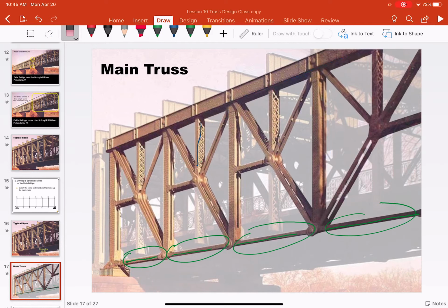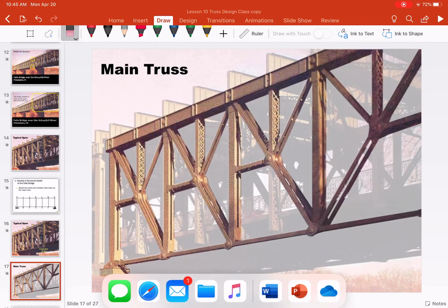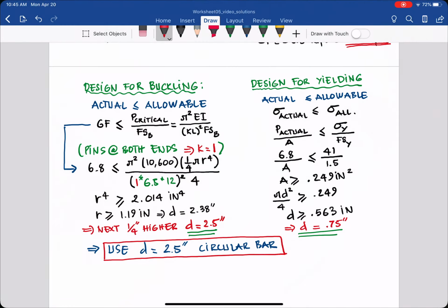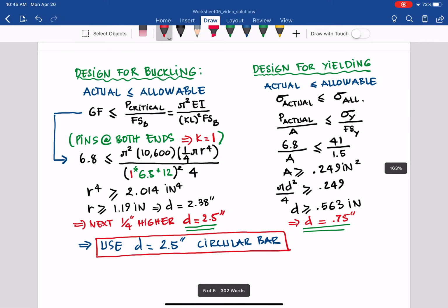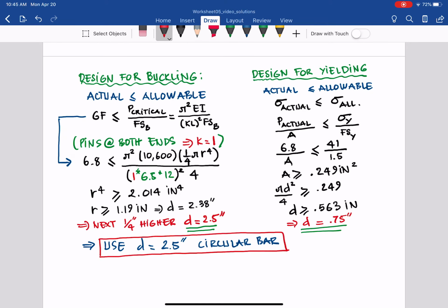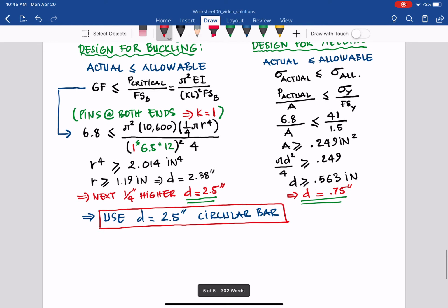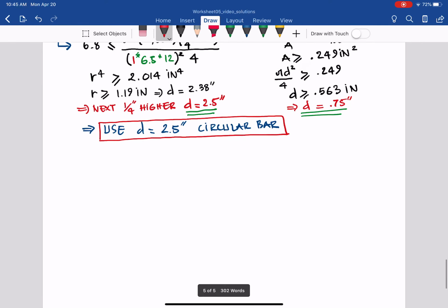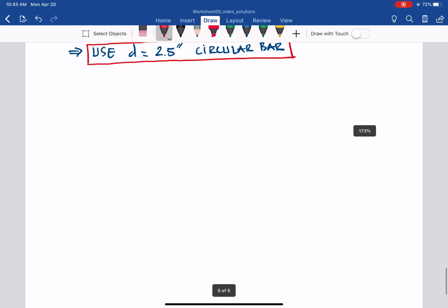So that's why in the truss you have different sizes when the member is either in tension or in compression. Use that concept for the design project that we also initiated today, with the general program